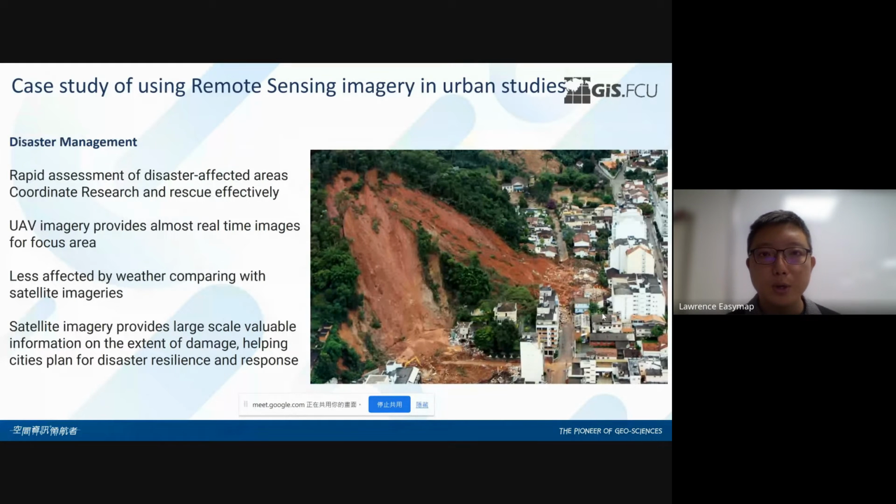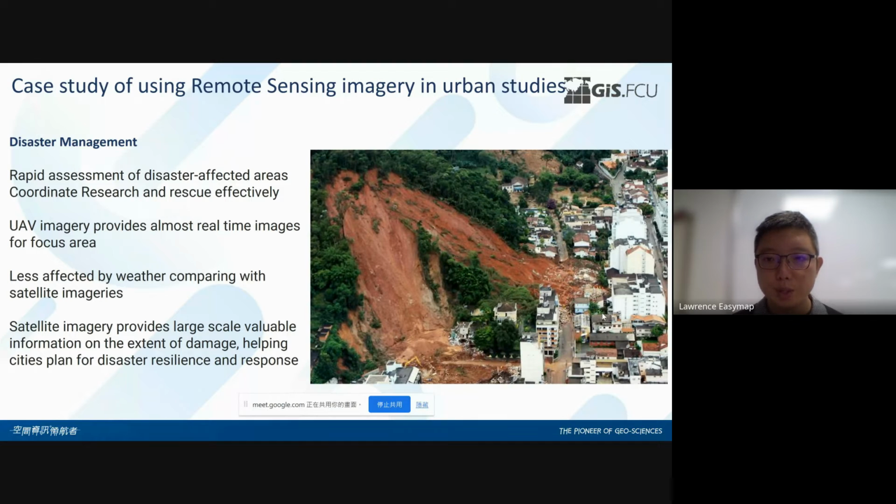For those of you who have some experience flying drones, it has a camera. The most typical one is an optical visible light camera. So you fly the drone far away and you have a screen to see the instant image. You can take pictures and videos. Those are remote sensing imagery. The drone can fly at a relatively low altitude and is less affected by the weather, compared with satellite images. However, satellite imagery is a